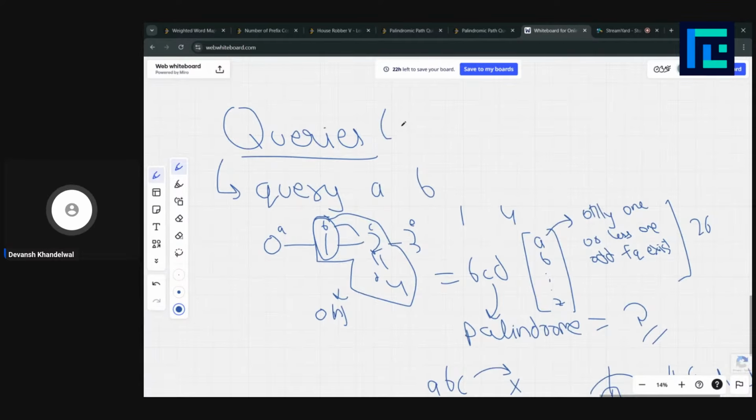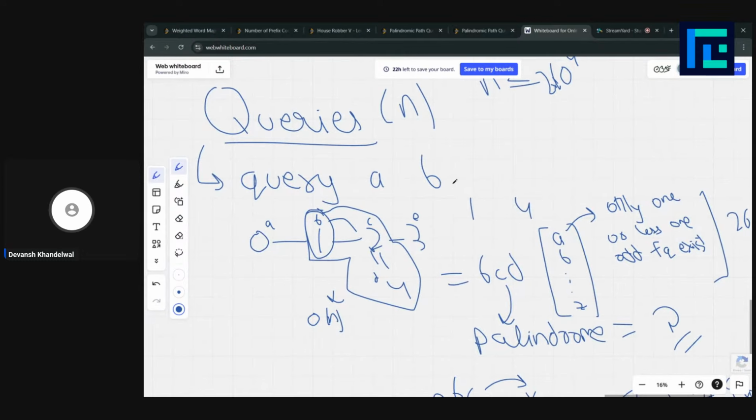The queries are, again, we have n queries. The maximum amount of queries we could have is n, and n is less than or equal to 10 raised to power 4, 2 into 10 raised to power, something like that. You got the gist basically. If you're doing this fourth question, you already know about the time complexities. So this is still a little costly, right? We are doing n operations, and 26, so each query is basically taking n into 26. So this would be finally n square into 26, which is a lot of time we are still taking.